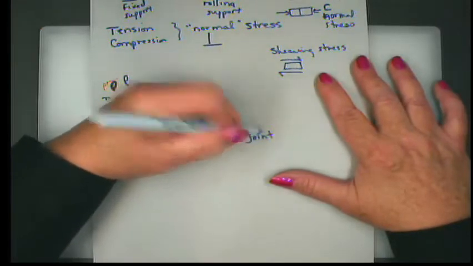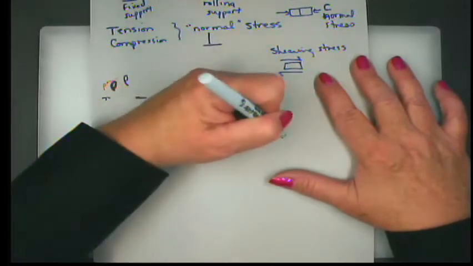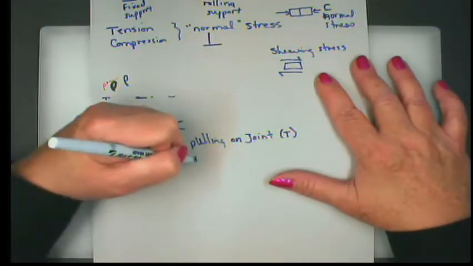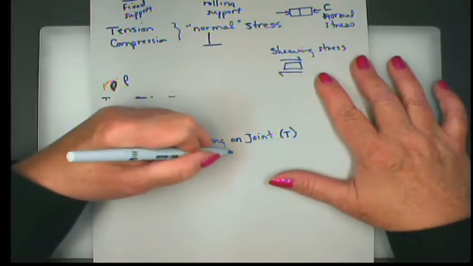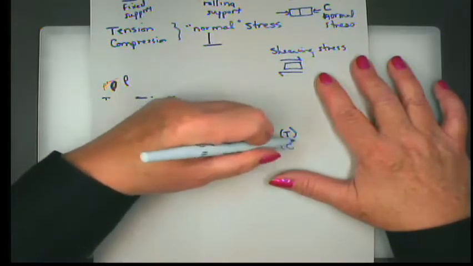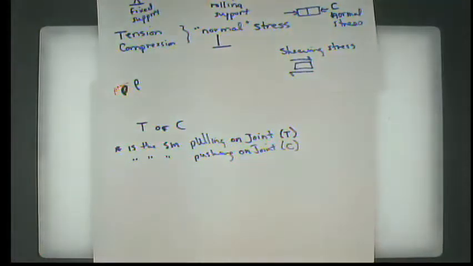And if it's pulling on the joint, that means it's in tension. Or is the structural member pushing on the joint? And if it's pushing on the joint, that is compression. So on your handout,